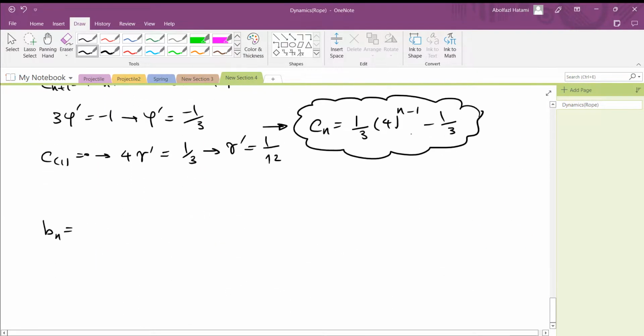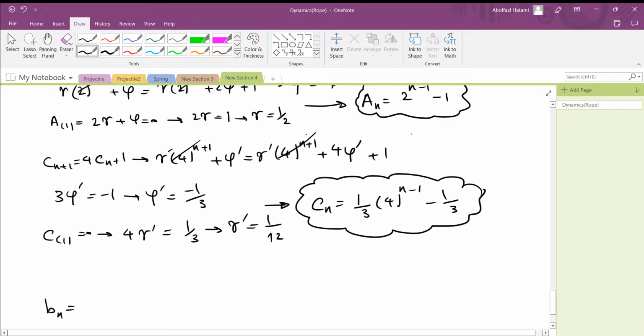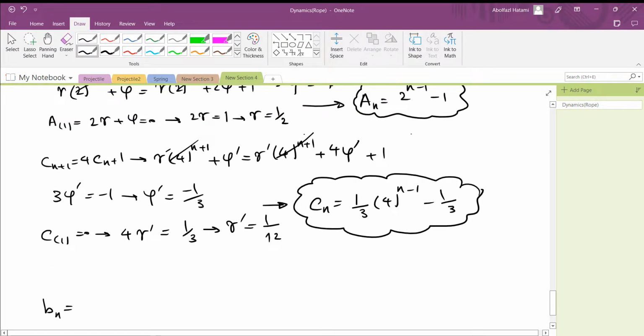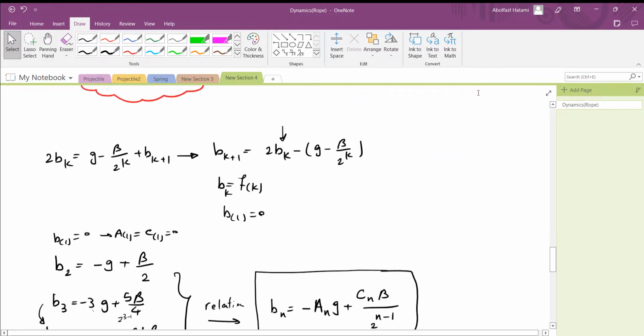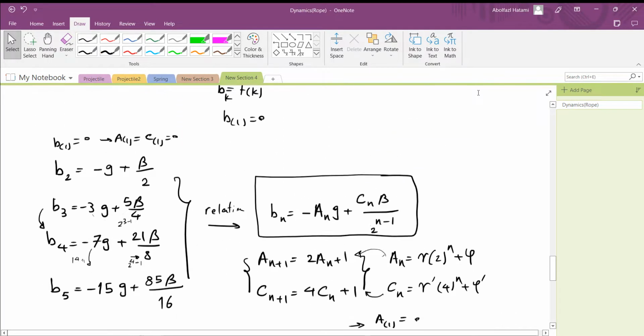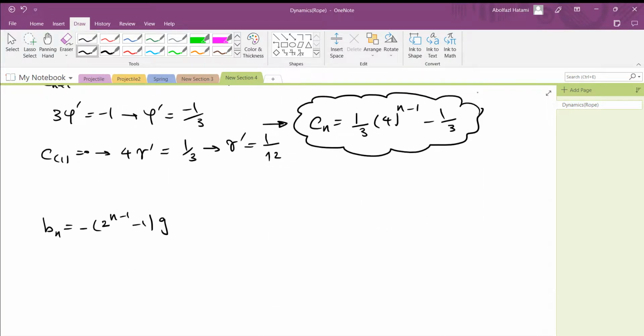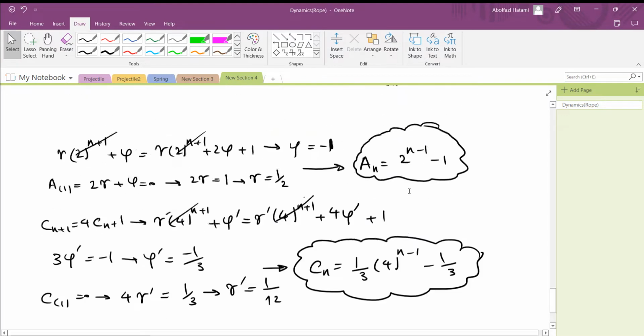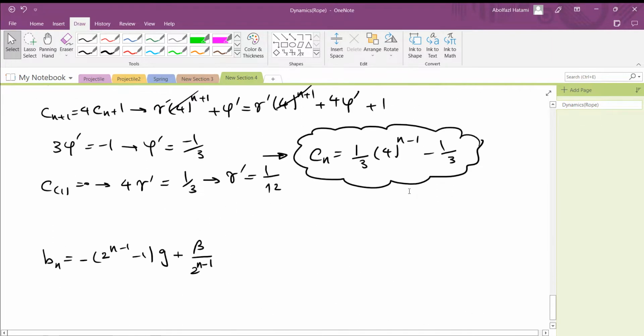What was a_n? It was minus plus beta divided by 2 to the power n minus 1 times c_n, I think, times c_n. And c_n was 4 to the power n minus 1